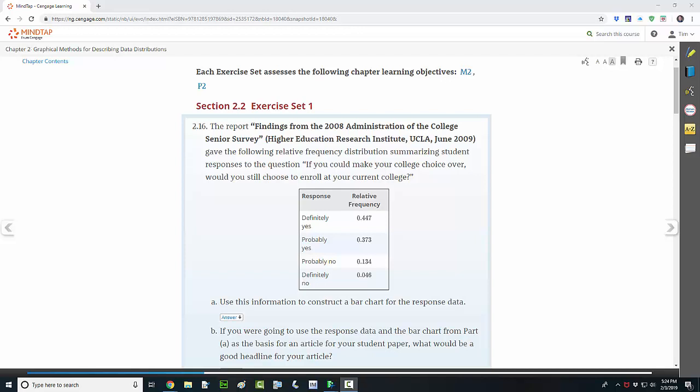I'm going to show you how to make a pie chart with the JMP software. Here's our problem. It's from section 2.2. It's problem 2.16. We've got a report of findings from the